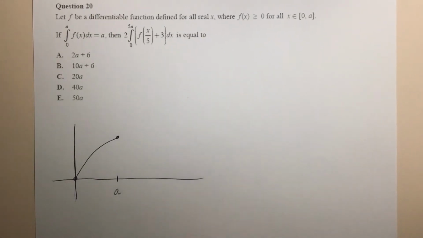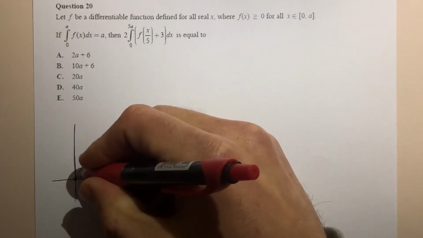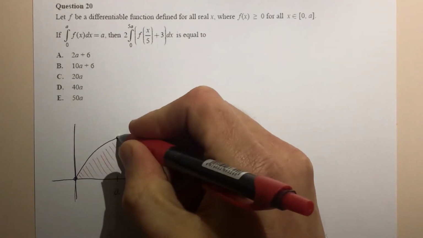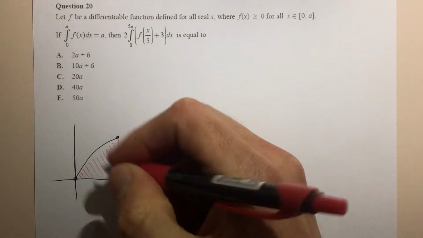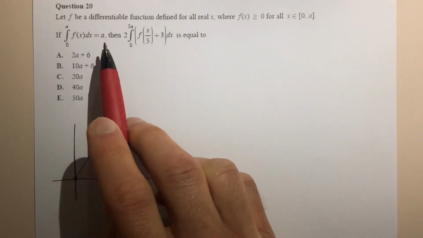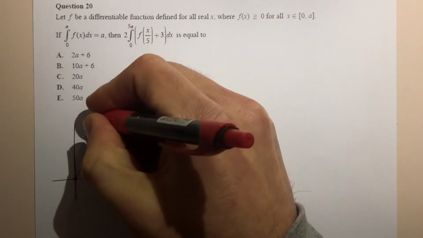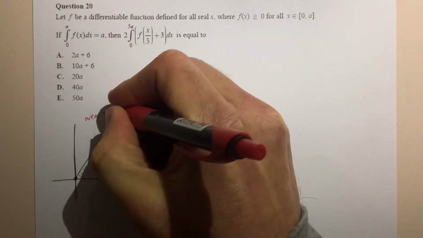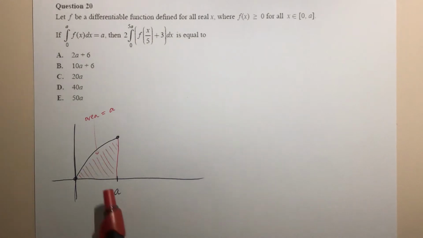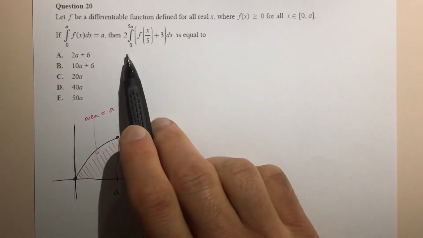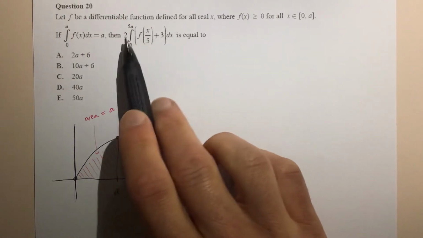Okay, and let me use some different colors here. This area that we're given, from x equals 0 to x equals a, is actually equal to a. All right, so this red area equals a. Let's just keep that in mind. This helps us work out what's going on, especially later when we try to deal with this thing,